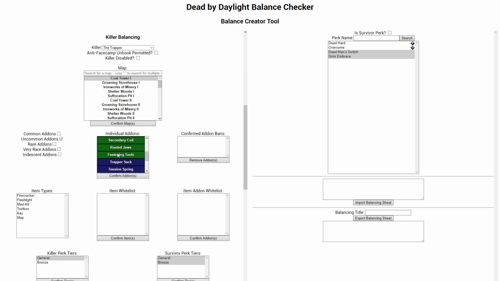Or uncommon, you'll see it goes immediately from common to rare. Or if I want to ban iridescence, you'll see there's no iridescence there, and now there are. So this is just a way to ban straight up tiers of add-ons. Otherwise, this is a little drop-down menu. It functions the same way as literally every other drop-down on the site. You can select them,